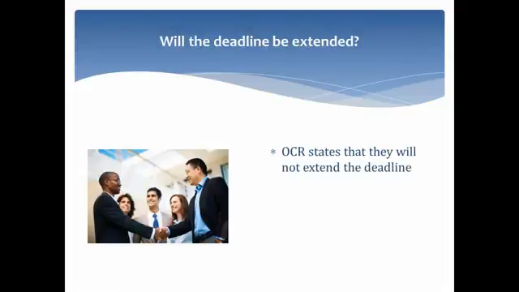Is there any chance that the deadline might be extended by HHS? No, HHS has said they're not going to extend the deadline for several reasons. One of them is that the information about business associates having to become compliant was published back in 2009, and there was an interim rule published in the later part of 2009. So not everything that was in the omnibus final rule was known at that point, but the basic information was out there that business associates will have to comply.